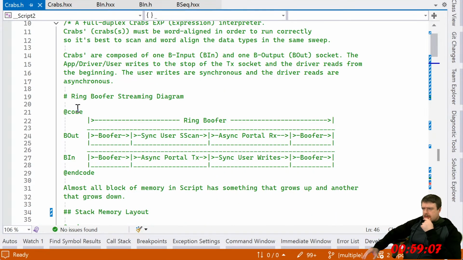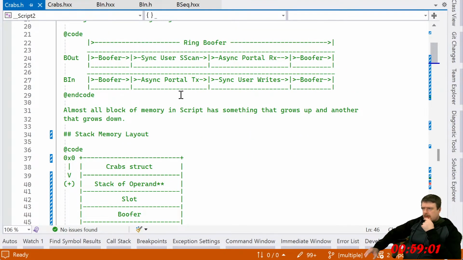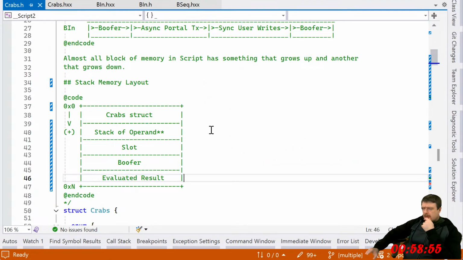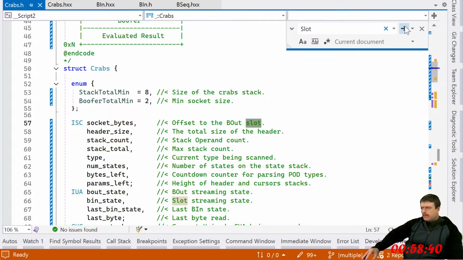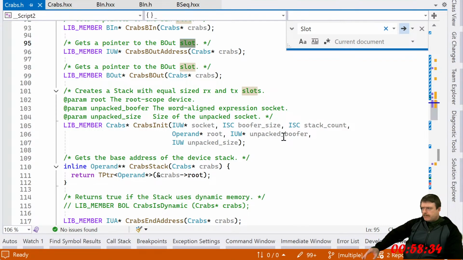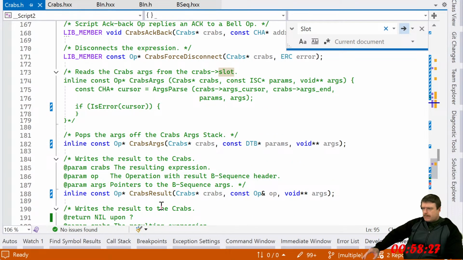And that is... what about the slot? What the heck is the slot? What is this?